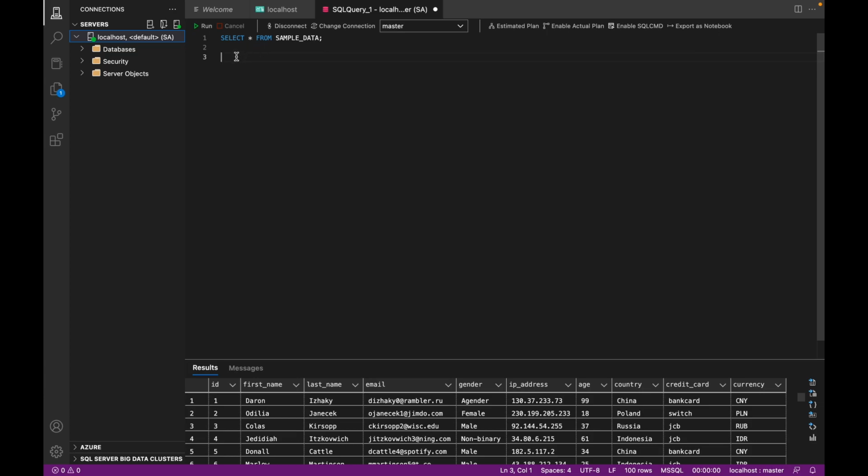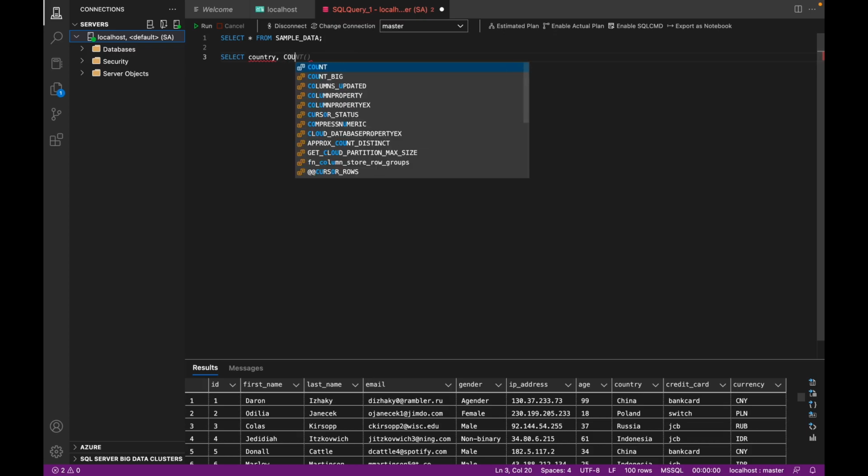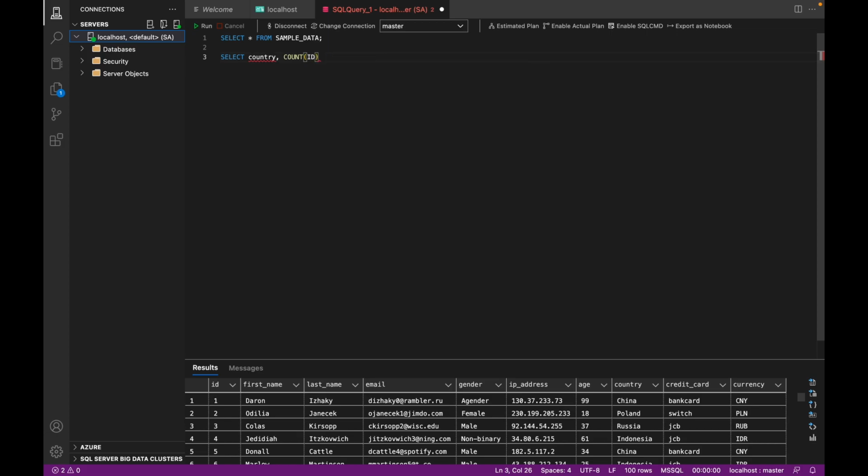Just going back to what aggregate functions are, and doing a quick example of one. You might remember that we could do a count based on a specific column. So suppose you wanted to find the number of people from each country in the table. If you look at the table, you can see that ID is a unique column, and we've got a country column as well. So if you want to find the number of people from each country, you could do